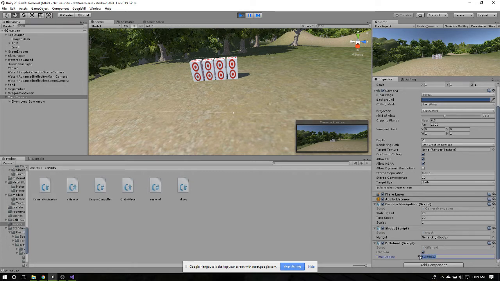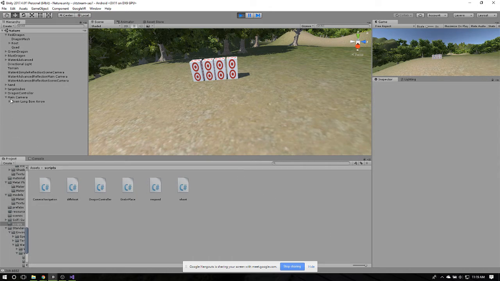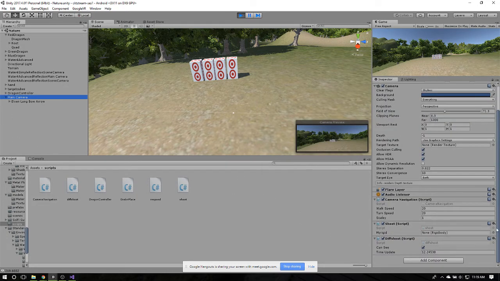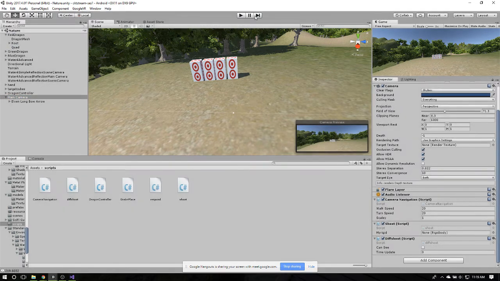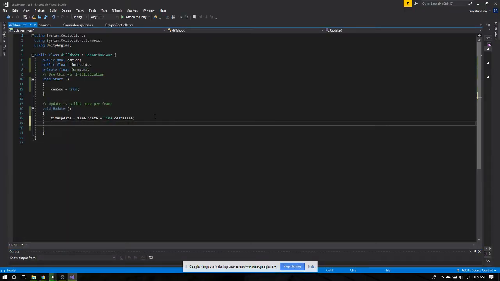You can see here at the bottom right that every frame this time update value changes, and this CanC was checked to be true only once. That was at the start. Nothing happens after. Now we can have an if condition that says if